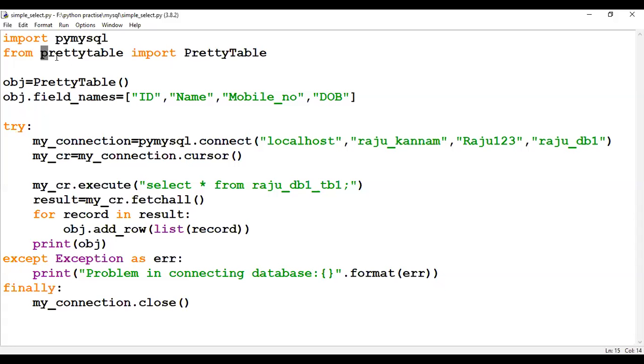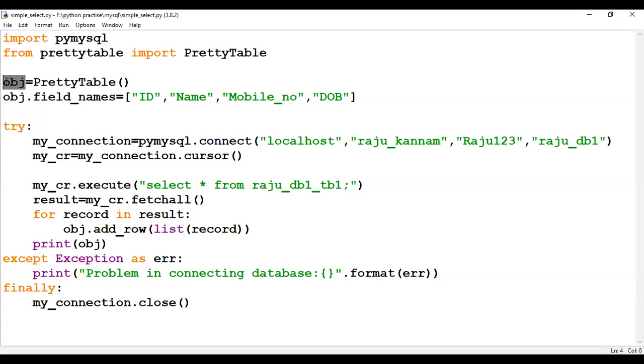So here, this is the pretty table module. In this module, we have a class called pretty table. Now I don't want all the classes of this module, right? We want to display in tabular form only. So from a module called prettytable, I'm importing a class PrettyTable. For this class, I'm creating the object.